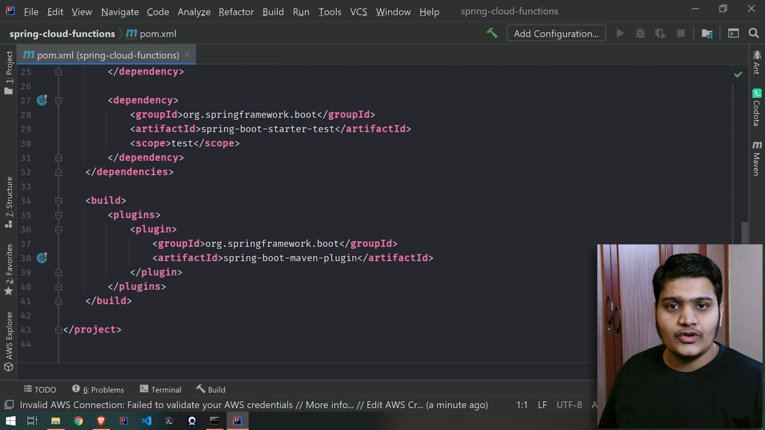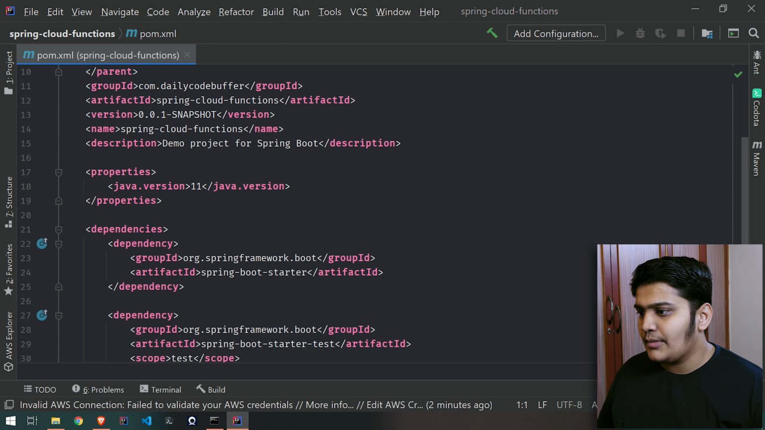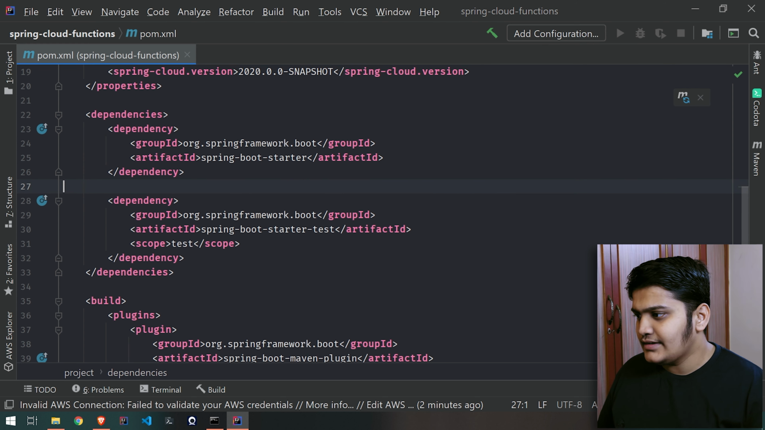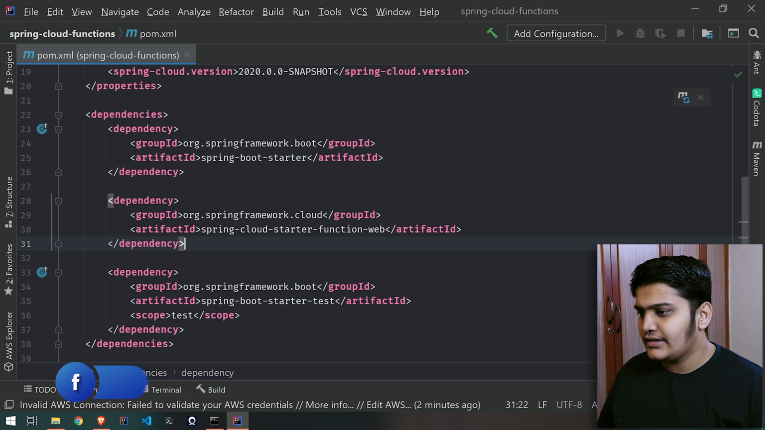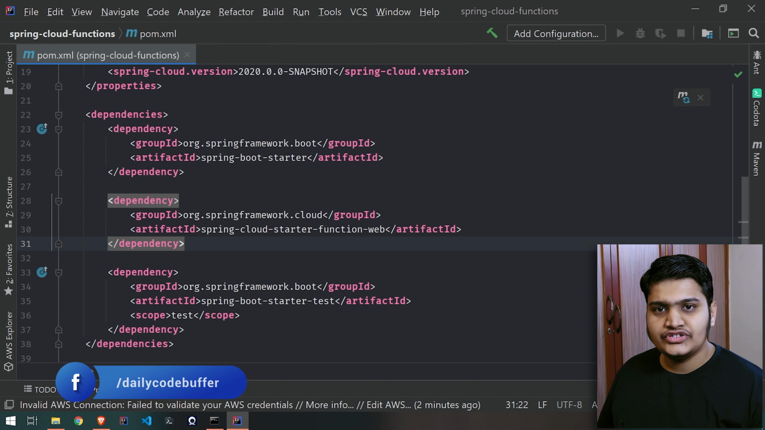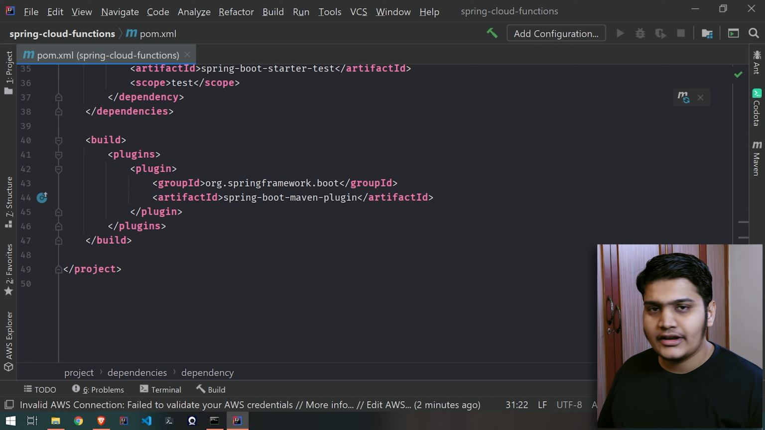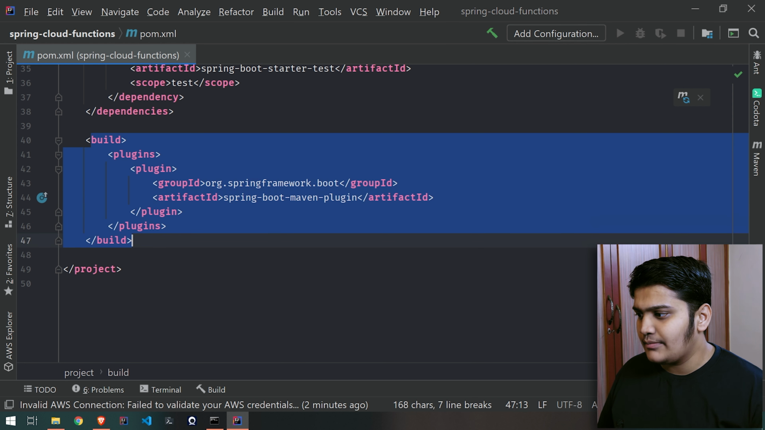I'll be sharing this code with you and I'll add the link in the description below so you can check it out. Here I'm adding the Spring Cloud version property, and then in the dependencies I'm adding this Spring Cloud Starter Function Web dependency. For this we will be adding the repositories as well, and the builder plugin. I'm removing this builder plugin over here, and I'm adding the